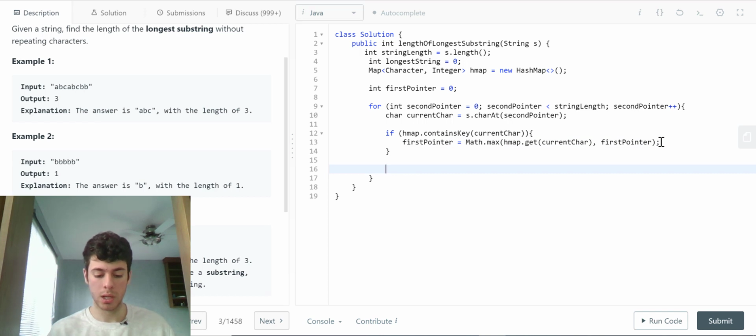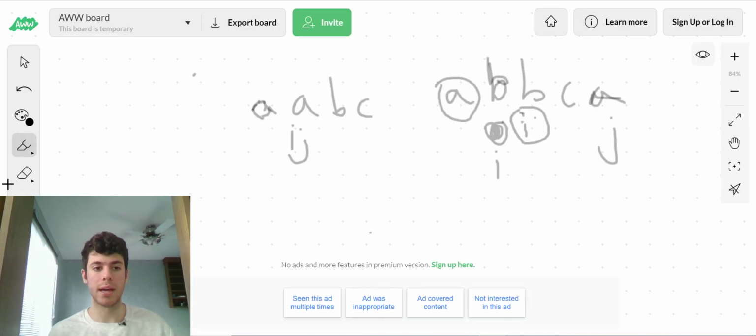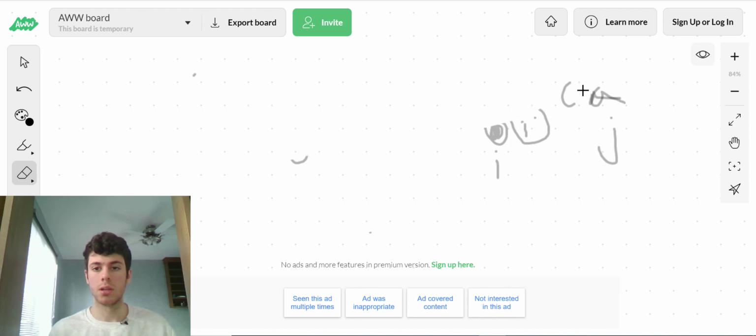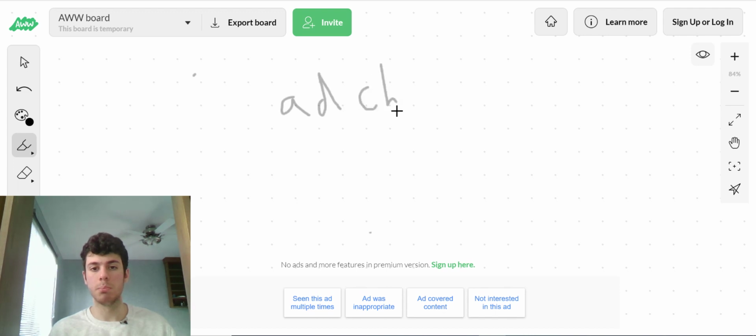Now what we have to do is update the value of the longest string, right? Because the longest string value is going to change. So similarly here, we actually have to use math.max as well, because you can have a case like this. You can have a case where you have something like A, D, C, B, B, J, right? And in this case, what's going to happen is